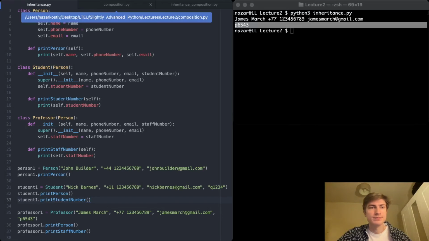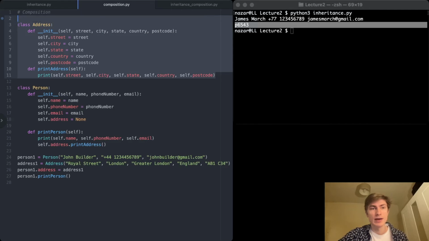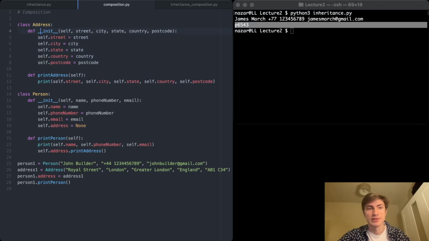Again, back to Atom. So first we are going to define the address class. It is defined as such. There is nothing special going on here. So there's just a constructor method which is going to take all the needed information to construct the address class, like street, city, state, country, and postcode. And we're going to have a print address method, which is just going to print it all in a user-friendly